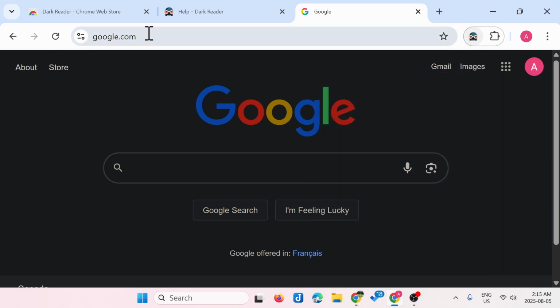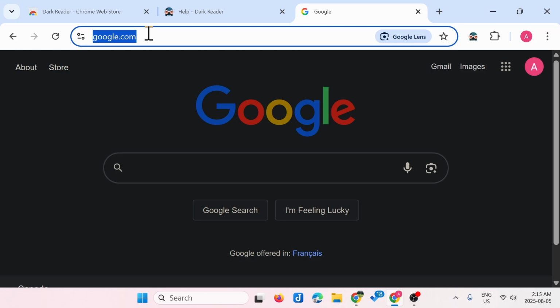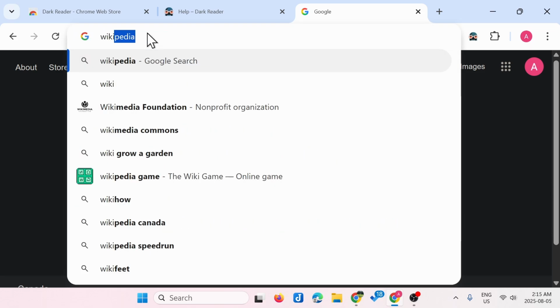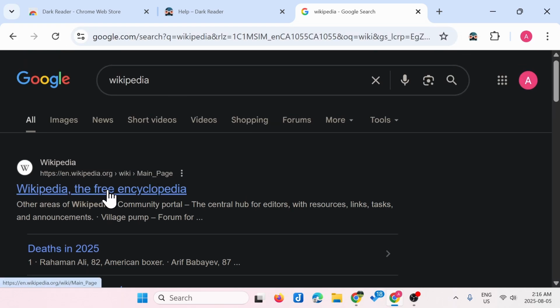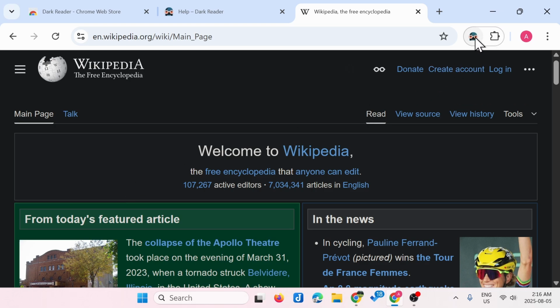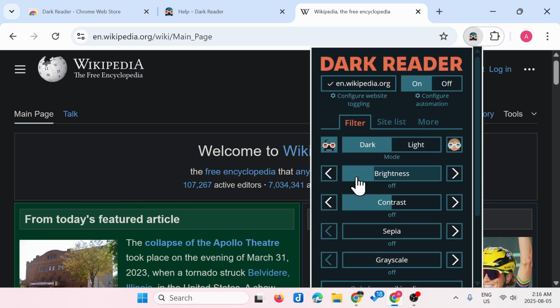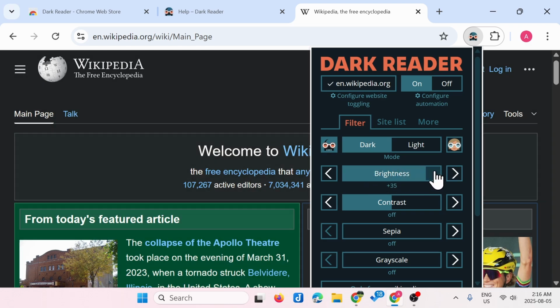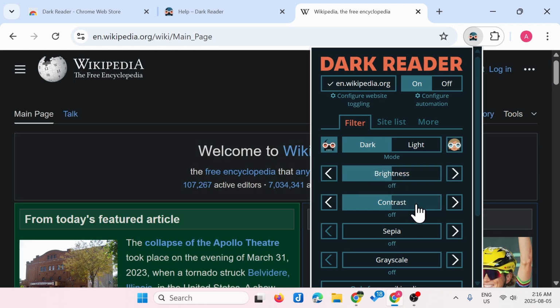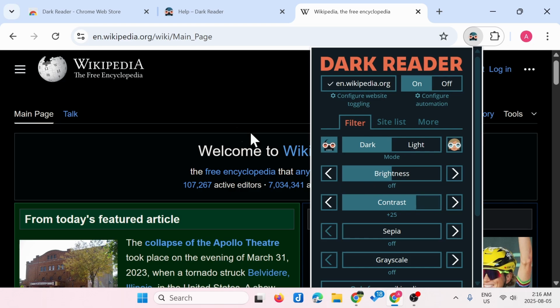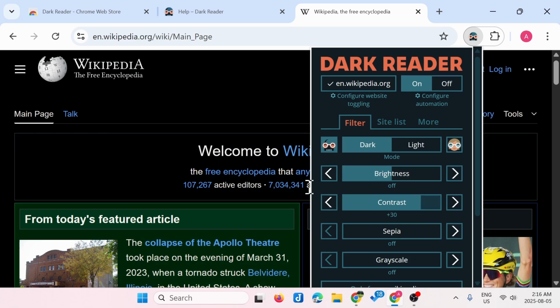how bright. So let's go to a website, let's say Wikipedia, and then I'll just enter a website, and then I'm going to click over here, and then I can adjust the brightness. This will show how bright the website gets, and this is also for contrast, just to make it more readable. So this is, I would say, much better,